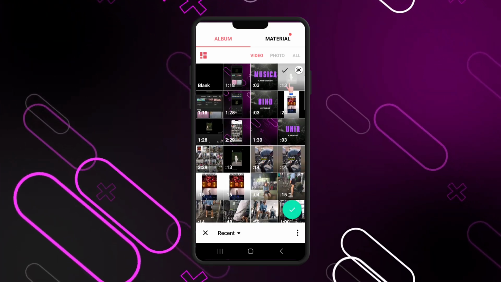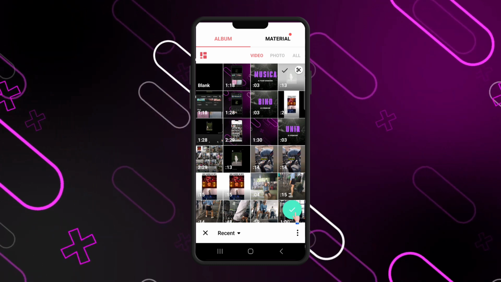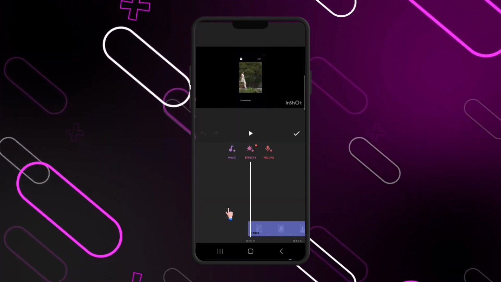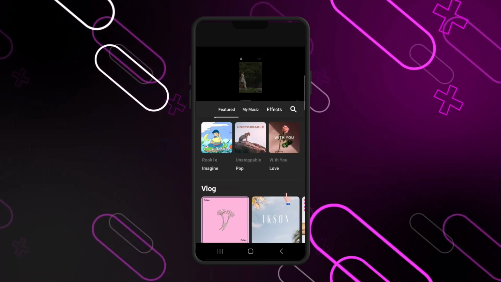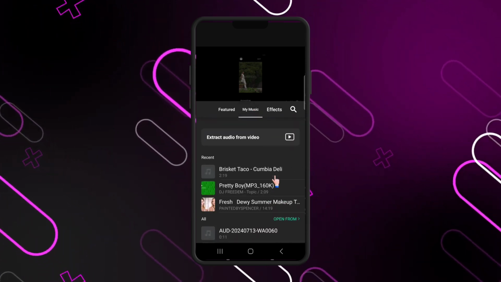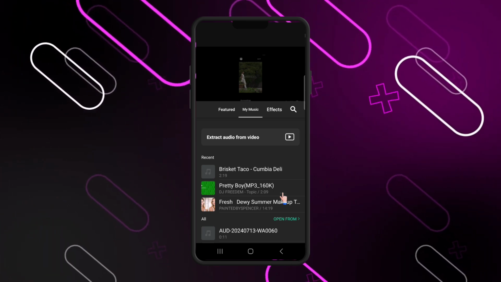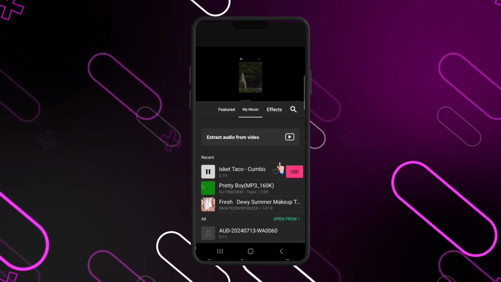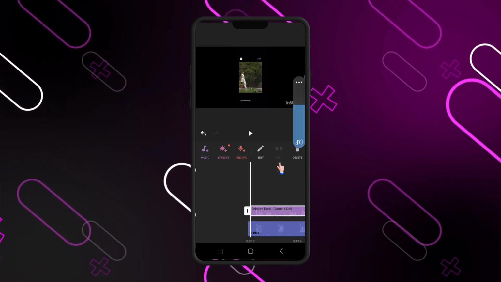In news, we can see, for example, this video, and you can add music from this portal, or go to my music. You have music in your archives. For example, I press this and use. Okay,